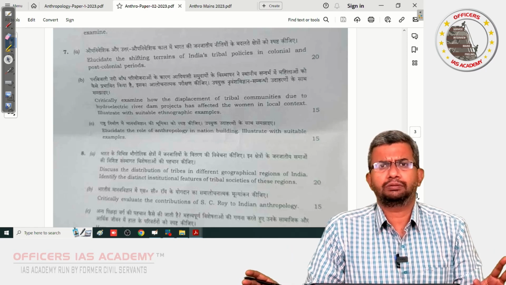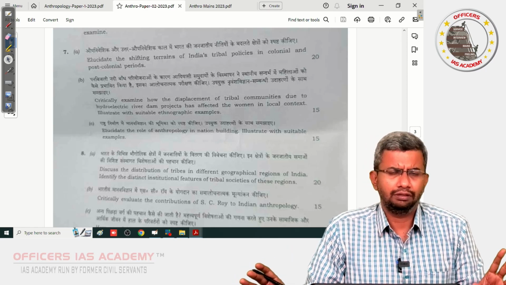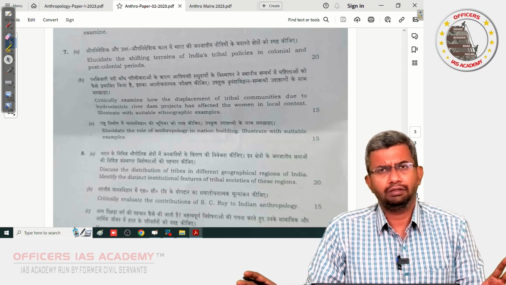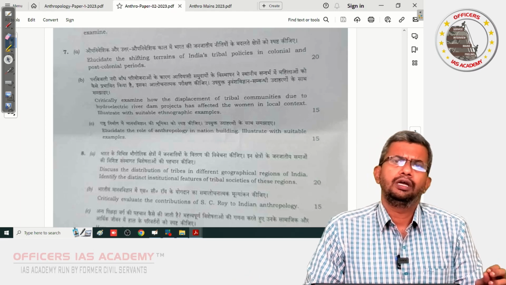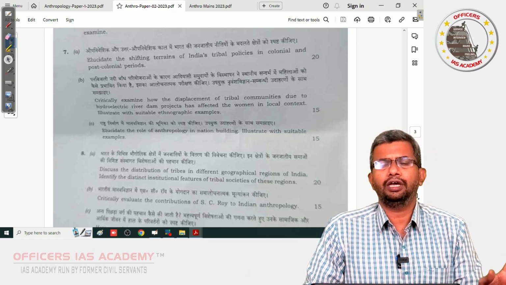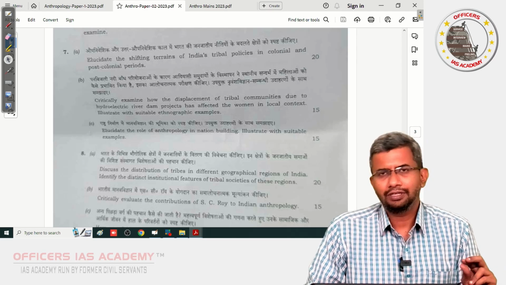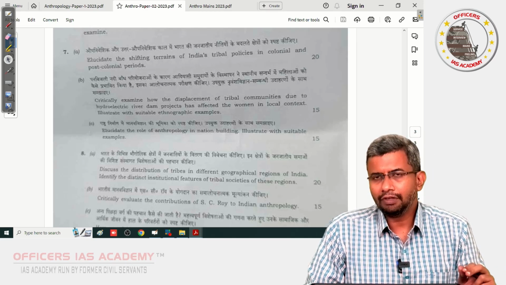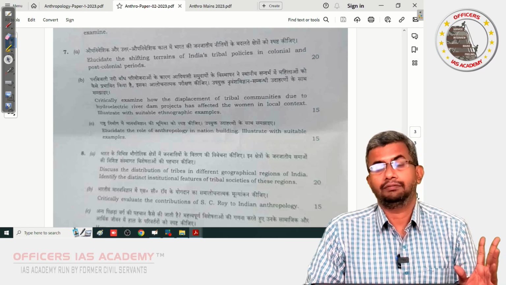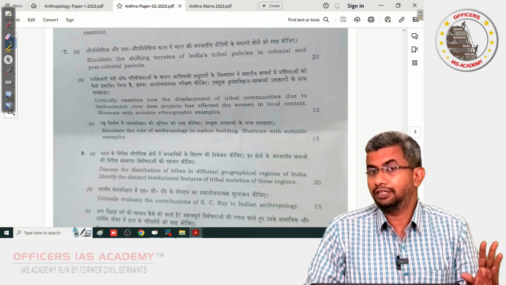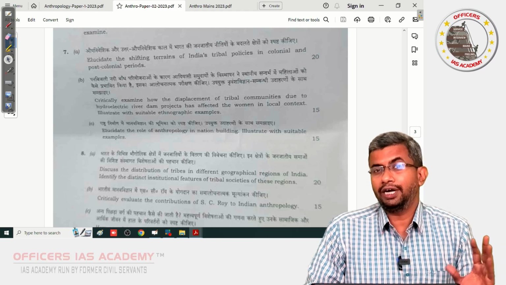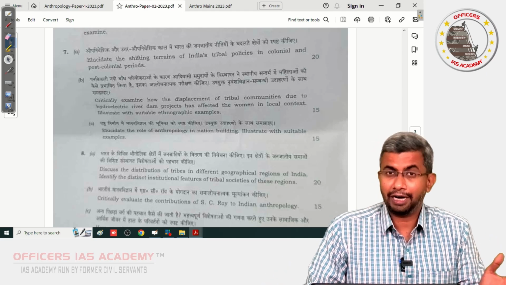So Paper 2 was very straightforward, not difficult at all, mostly straight questions. Paper 1, Section A was okay, pretty straight questions. Section B had a couple of questions: Raki Garhi and glottochronology in the short note, and two 20 markers, where one part of a 20 marker was okay,